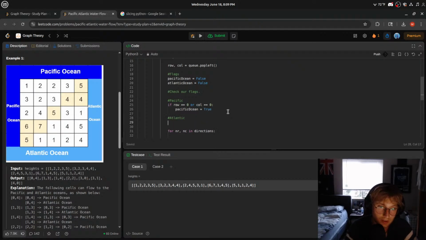For the Atlantic, we would check, well, if our row is equal to rows minus 1, or our col,